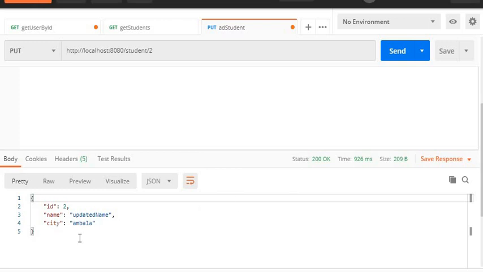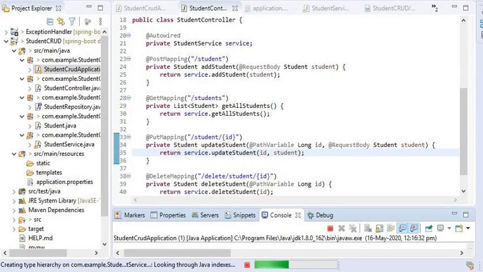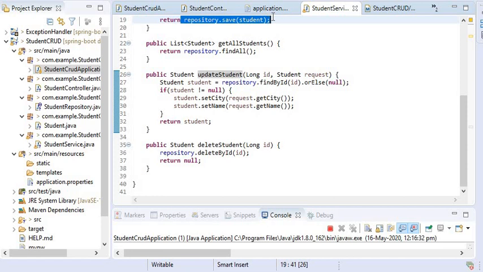Here you can see the response, name updated, and now we will check in DB, refresh it. So here we need to check why it's not updating. Here I forgot to call this function, repository.save.